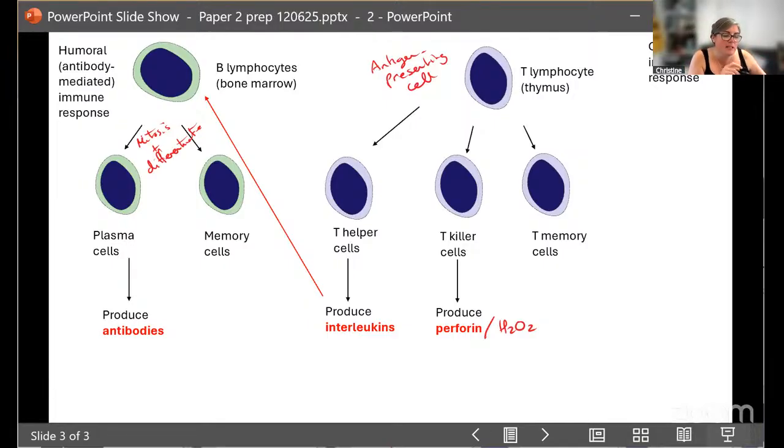So what's the difference between clonal expansion and clonal selection? To answer that question, clonal selection is about selecting the right antibody that needs to be produced against the antigen. So selecting the right B cell that's going to produce an antibody against the antigen. So the antigen and the antibody are going to have to be complementary so that when they come together, they have that bonding because of this complementary shape, the antibody antigen complex.